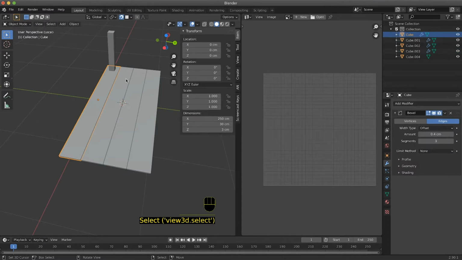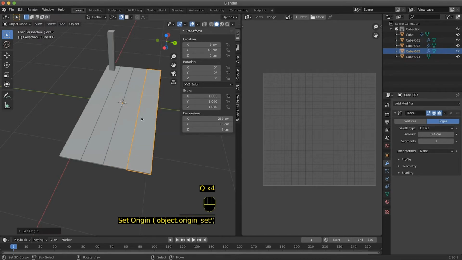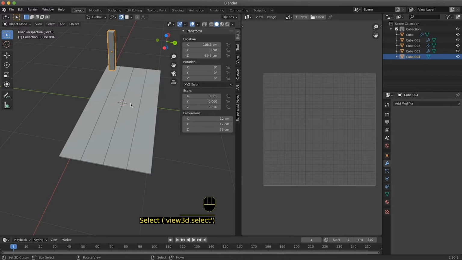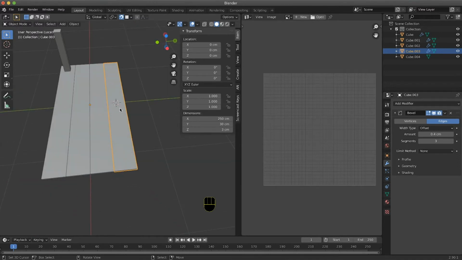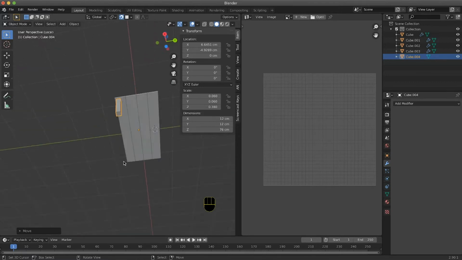Then I set the origin to the 3D cursor for all of them. It doesn't really change too much, it's just to move them properly. To position everything properly, all I have to do now is mirroring.